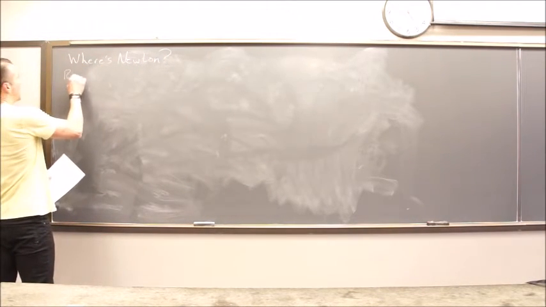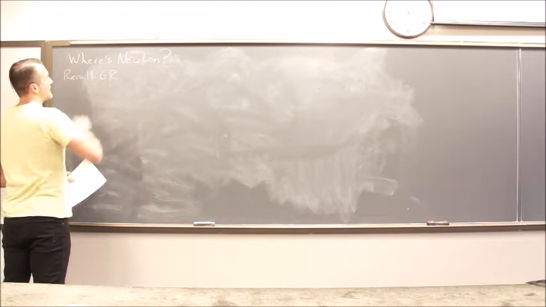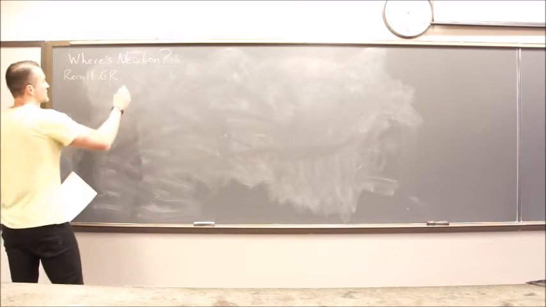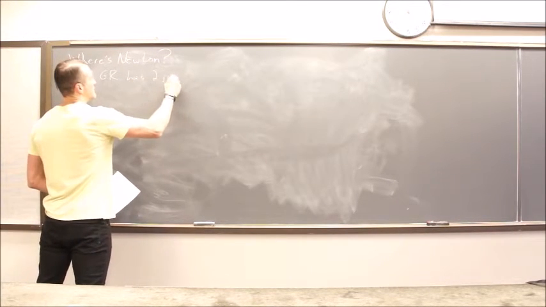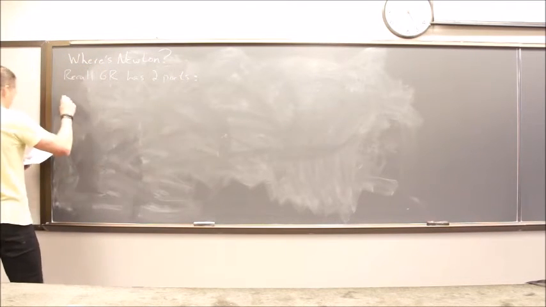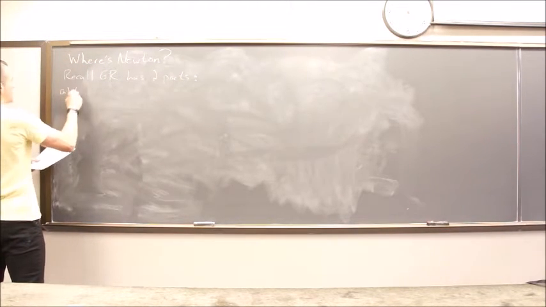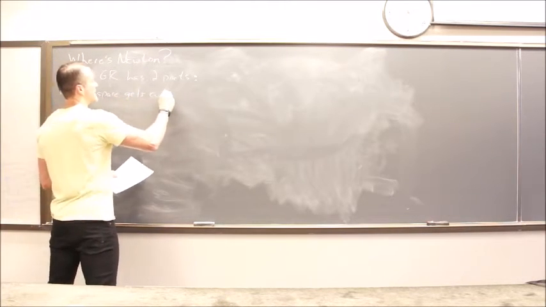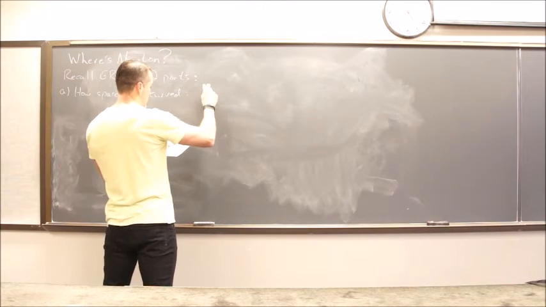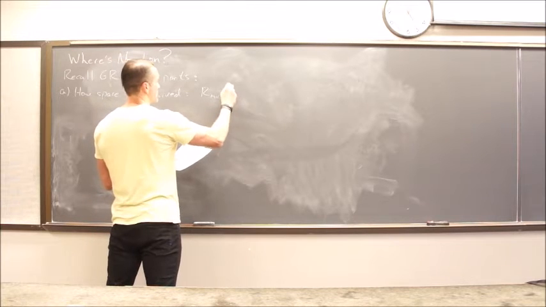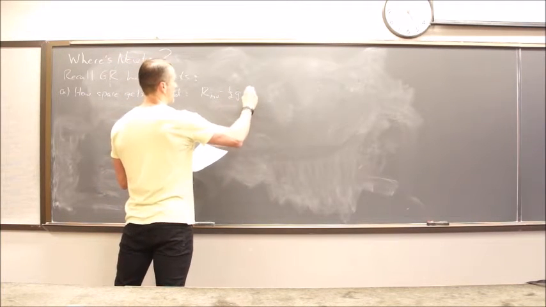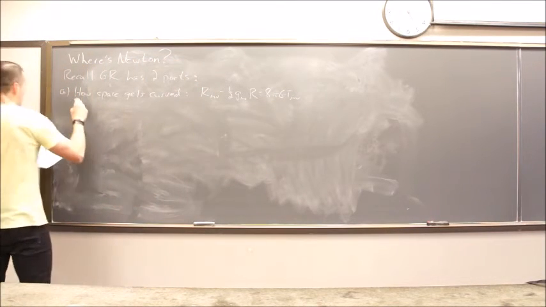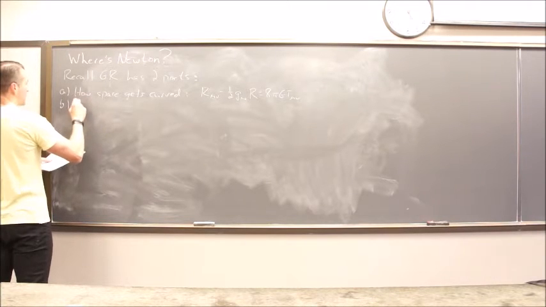As usual, I will remind you that this topic, and in fact Newtonian gravity, has two parts. The first part is how space gets curved. And last time we learned that the curvature is governed by Einstein's equation, R_mu nu minus 1/2 g_mu nu R equals 8 pi G T_mu nu. And then part B is how does curved space